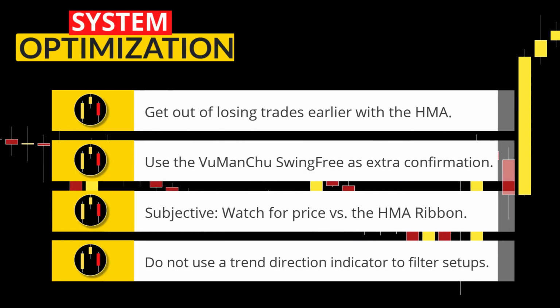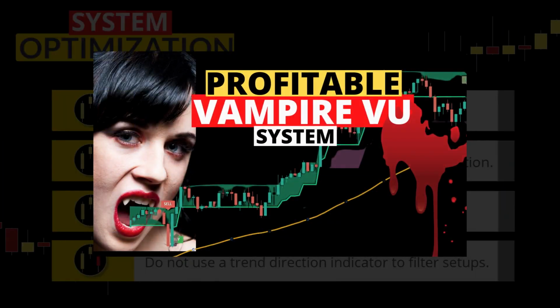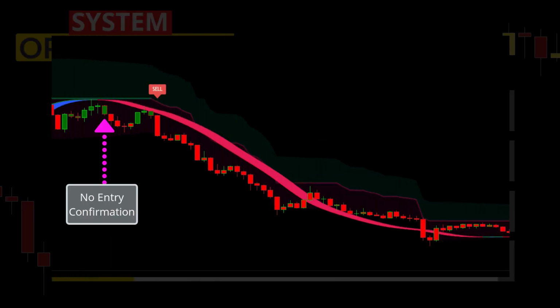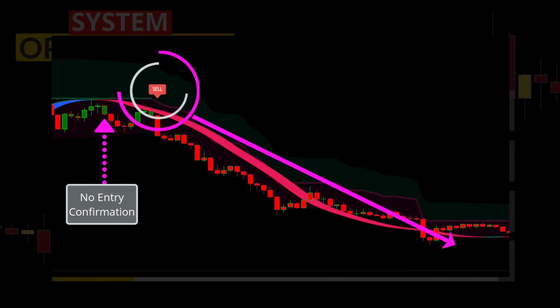2% of the position. Second, the Fu Manchu swing free indicator that I featured in this video can be used as an extra confirmation for entries. Look at this chart where using the swing free indicator gives you the signal for a huge trend about to